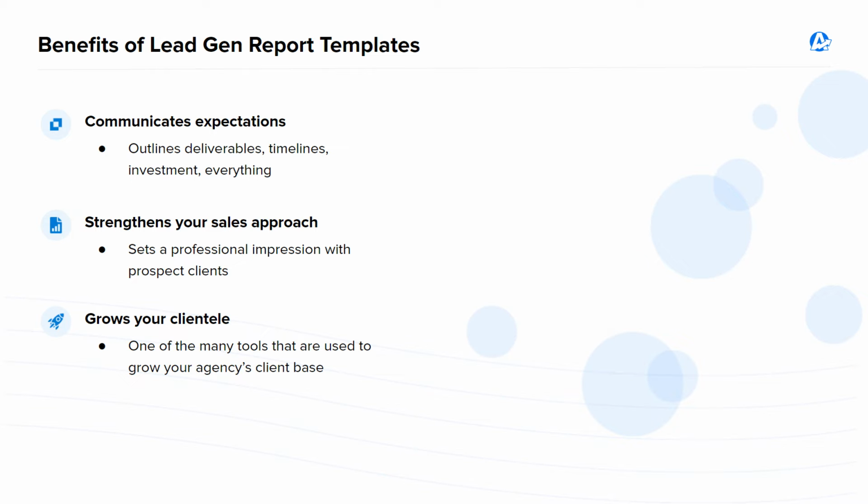So as you can see, a lead gen report allows agencies to communicate expectations, as it outlines everything the client needs to know about working with your agency. It also strengthens your sales approach, as it sets a professional standard from the very beginning, and at that point, your agency is viewed as more credible in the client's eyes. Lastly, it ultimately grows your clientele, as lead gen reports are one of the many tools in the marketer's skill set that are used to scale your agency, and it helps you to create an efficient and effective client onboarding